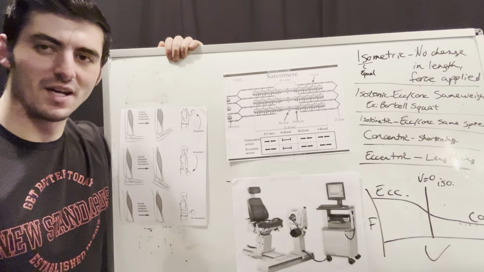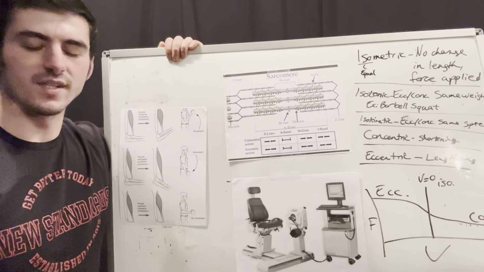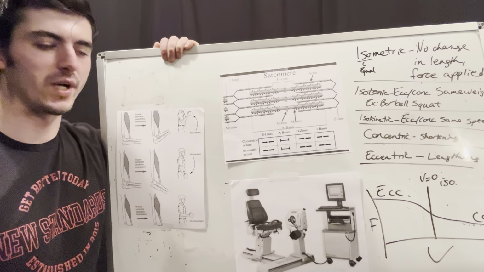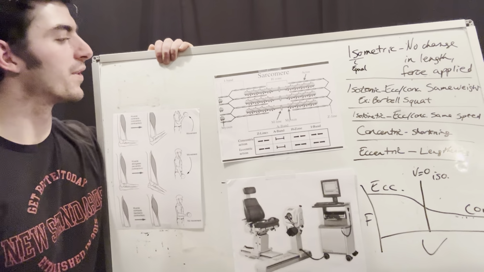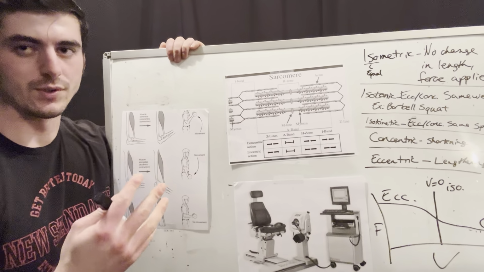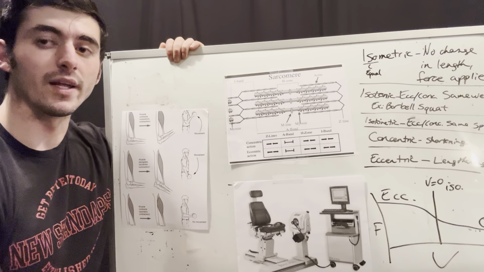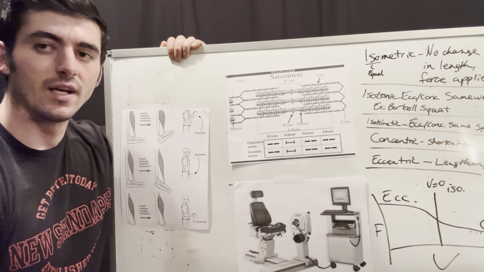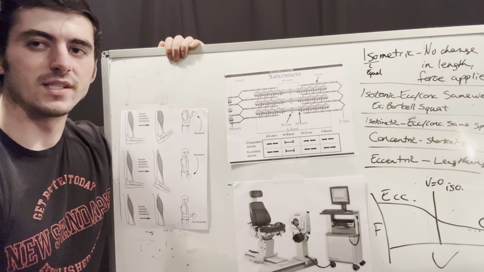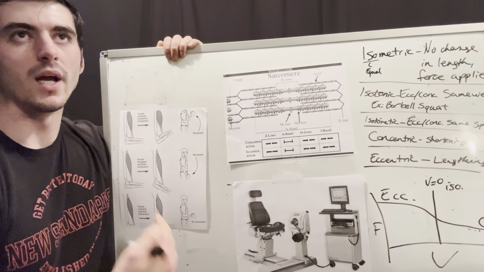My name is Eric. I'm a certified strength and conditioning specialist, or CSCS for short. And today I just want to go over the different types of muscle contractions that we can go through. So just to go over it, we have 5 different types of muscle contractions. We have the isometric, the isotonic, the isokinetic, the concentric, and the eccentric. These are all different ways that we can learn to apply force through our muscles to opposing external loads, so